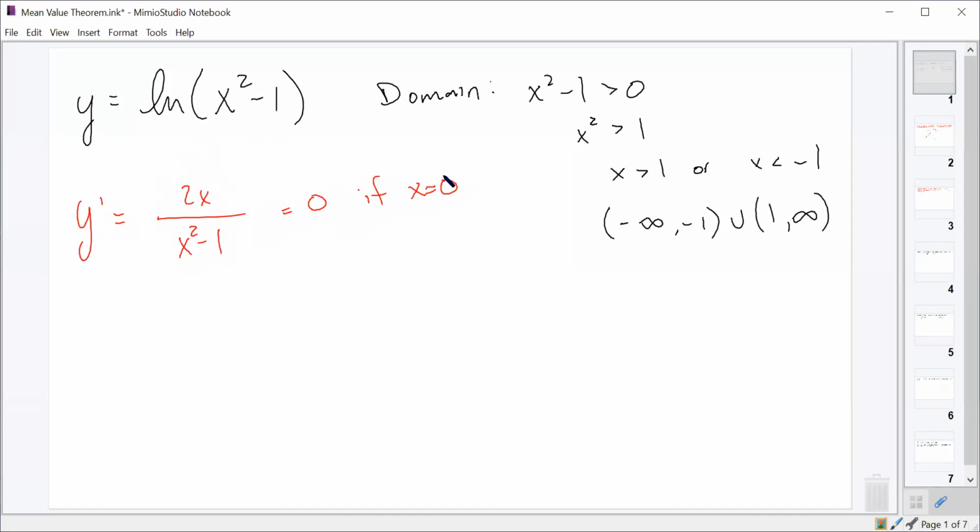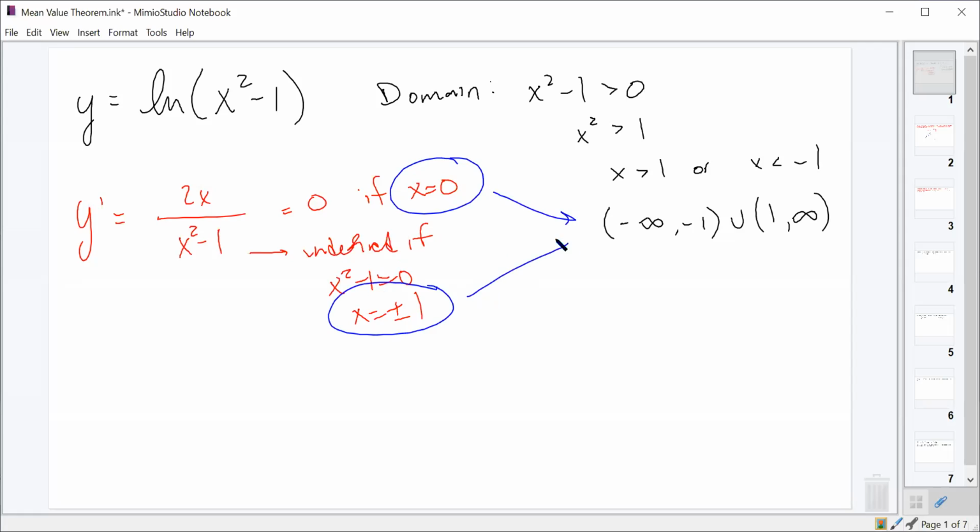Yep. Okay. And the only time this would be undefined is at plus or minus 1, if x squared minus 1 equals 0, which is x is plus or minus 1. And a critical value has to be a point that's actually defined on our original function. The 3 potential critical values that we got here were positive and negative 1 and 0. Well, if we look over here in our domain, none of those are in the domain, right? Because we don't include negative 1 or 1, and 0 is between negative 1 and 1. So there are no critical points for this function,